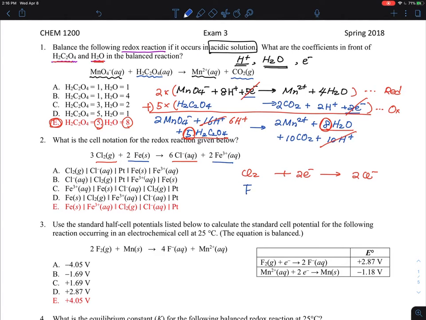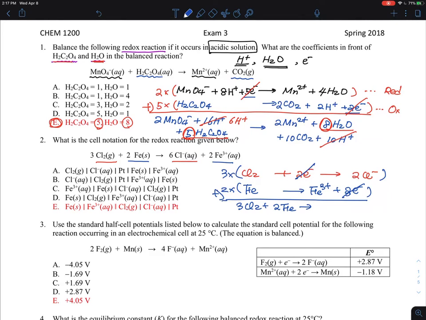So for the oxidation, Fe is oxidized into Fe3 plus. You need 3 electrons. Okay, so that's how I understand it. And then what do you write in this notation? If you want to finish that up, I want to multiply by 3 and I want to multiply by 2. If you add it up, you will get the equation showing up at the top, which is 3Cl2, and the electrons are gone, and then you have